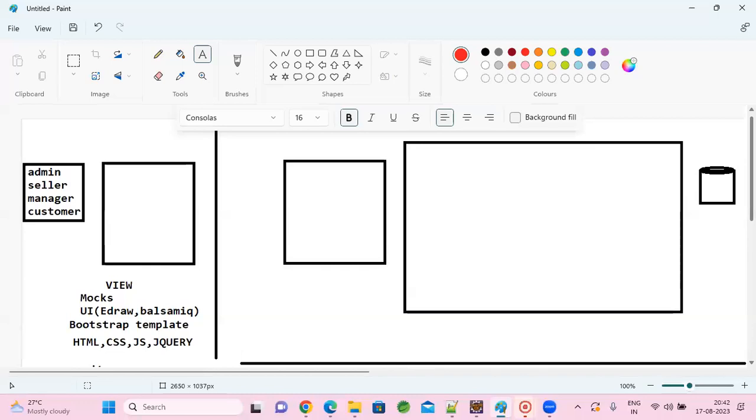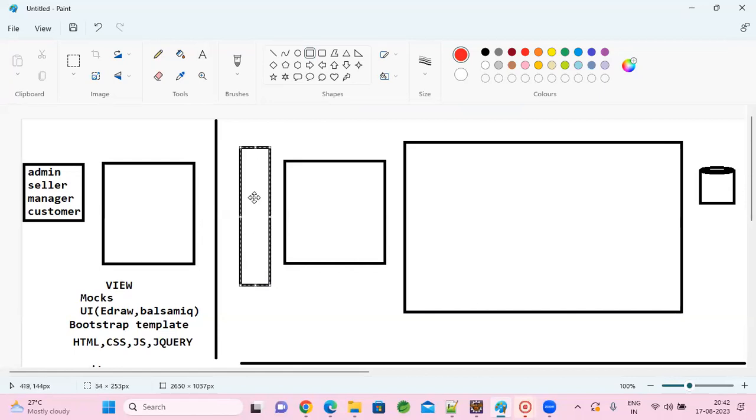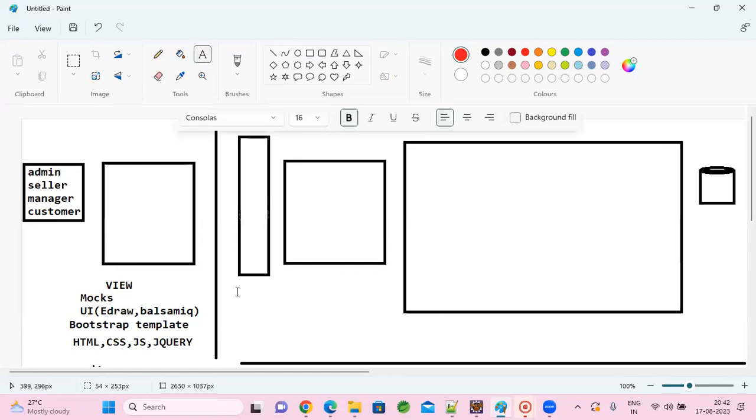our code. Which code do we deploy? From the controller onwards. Your security, gateway code, everything will fall here. We will have one gateway application, which will do all the authentication and authorization, and we'll apply security as part of it. This gateway application will guide the request. If it is for admin, you have one separate microservice; for seller, one separate microservice; for manager, one separate microservice; and for customer, a separate microservice, right?